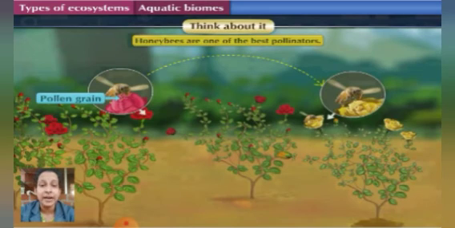Okay students, so this is regarding the types of ecosystem. We have learnt about the aquatic ecosystem here now, and the land biome. So we will continue with the next part of the lesson in the next video, that is the diminishment of the ecosystem due to human interference. So till then, what you have to do is try to find out the answers to the questions from the textbook. Also try to read the whole lesson, whatever we have learnt up to now. Write short notes about the forest ecosystem, grassland ecosystem, aquatic ecosystem, and in that the freshwater and the marine water ecosystem.